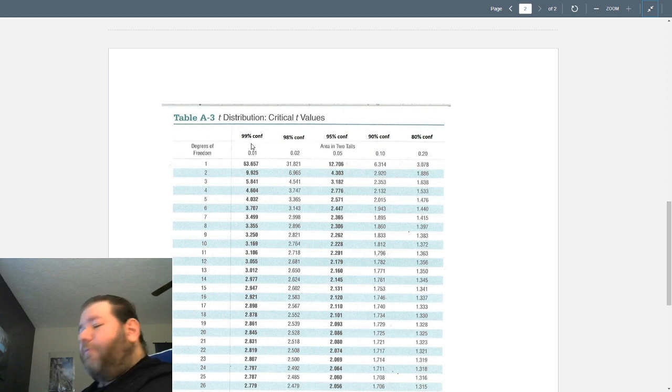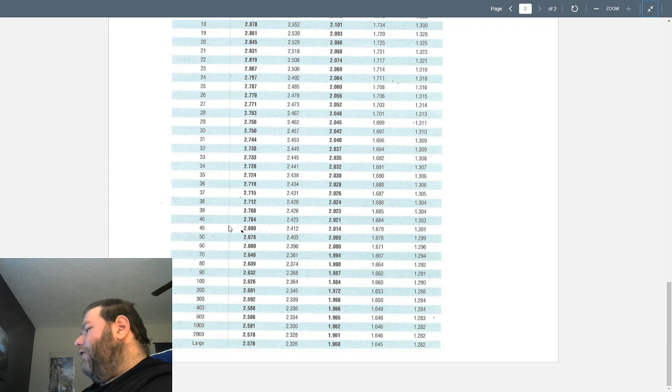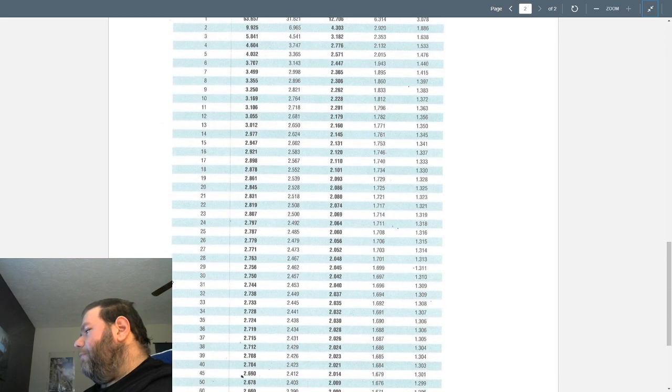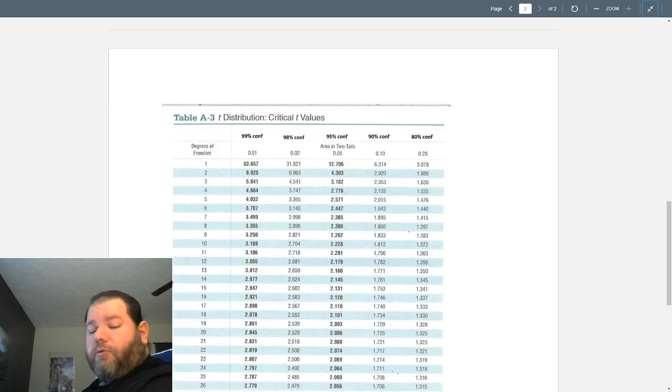This is a more straightforward table than some of the other ones that we've looked at. Notice that if n is large, which is here defined as significantly bigger than 2,000, we basically get the z value for the t value. Anyway, this table will be included with the test. Actually, if you looked at the practice test that